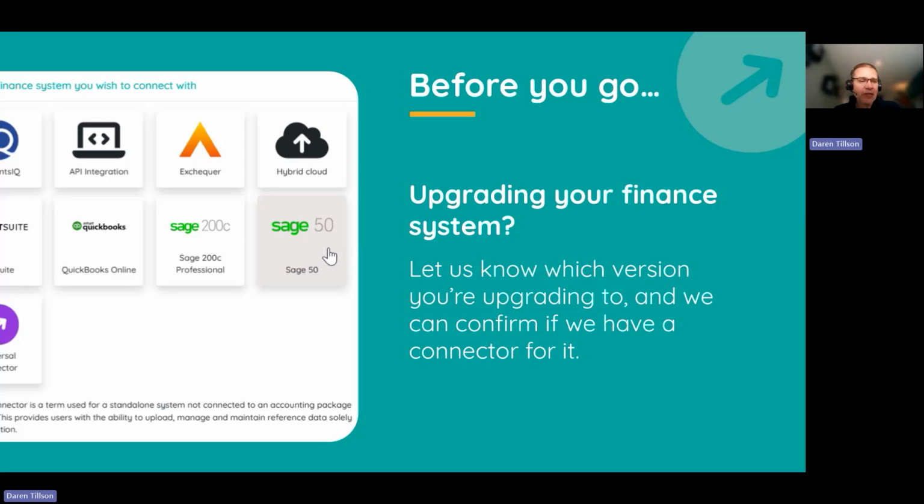And just before you go, we like to keep everyone abreast of changes. In some of the recent support tickets, there have been changes to, or upgrades made available to, finance platforms, whether it's any of the ones listed here, Sage, QuickBooks, AIQ, etc. What we would recommend is, before you jump into an upgrade, just give us a shout, to check that the version of the connector you're on will be compatible with the version of the accounting platform that you're going to. Chances are that it is, but better safe than sorry, just to check with us, and that will save